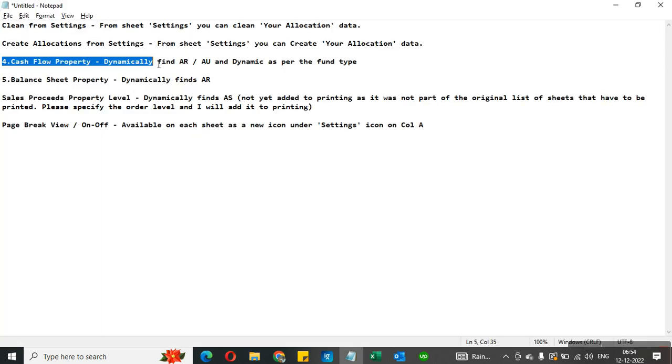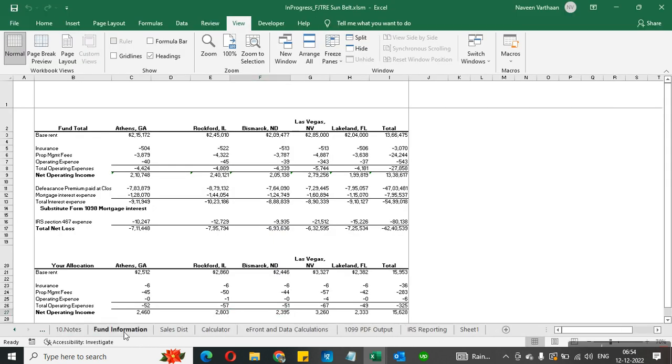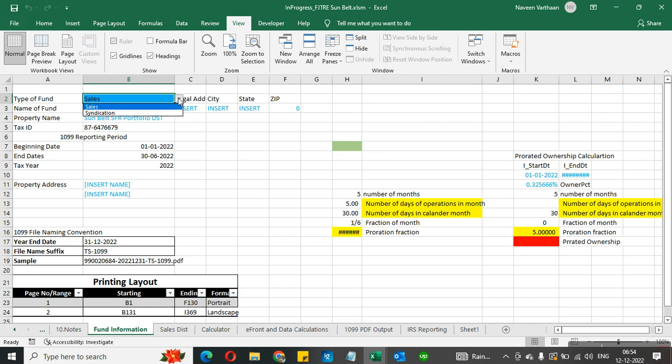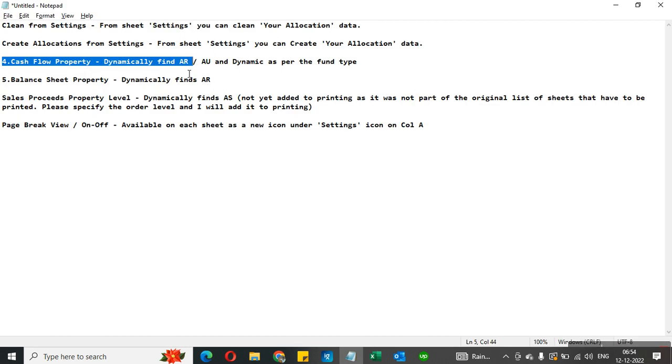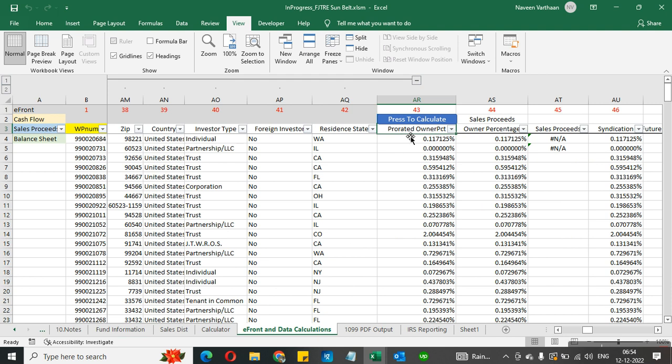And for cash flow property, as per the fund type on this fund information, I have added a drop down here. As per the fund selection here, it will dynamically identify whether it is AR or AU, and then add it to the calculation. When I say it can find AR or AU dynamically, what I'm referring to is, here